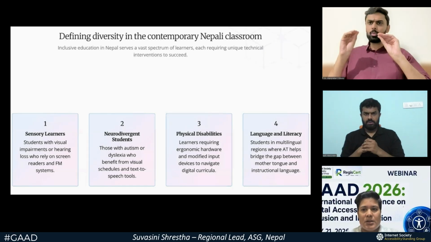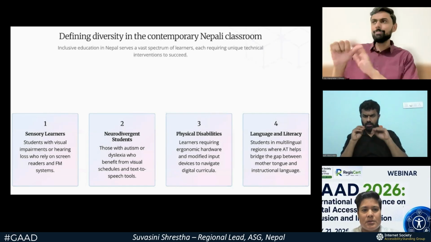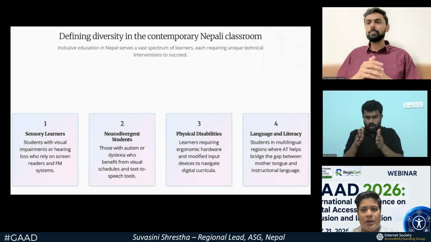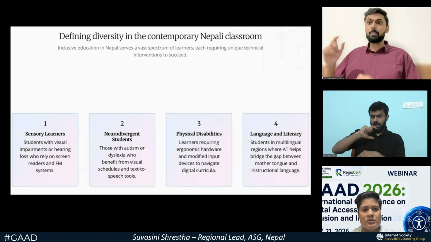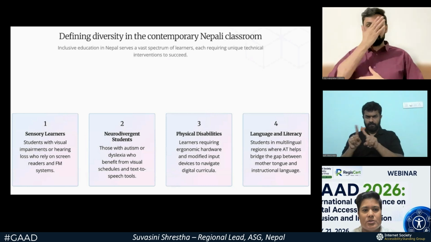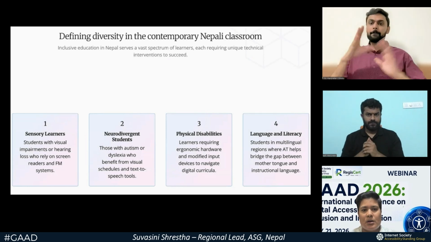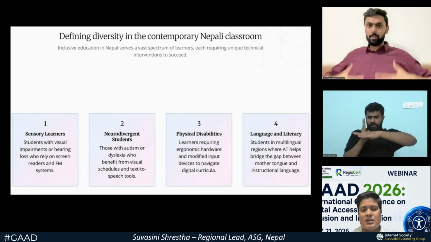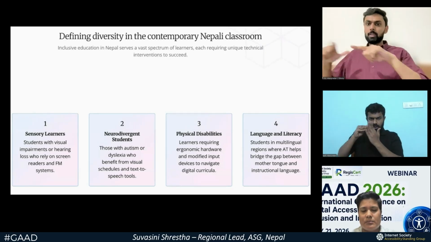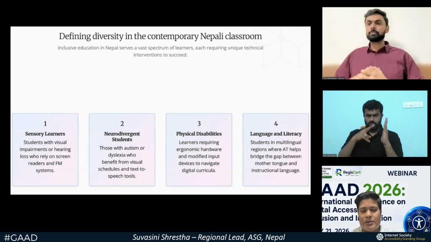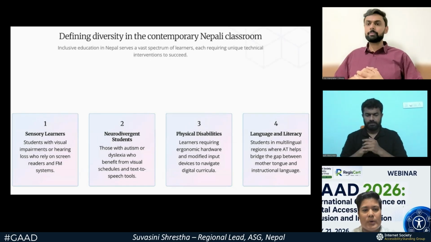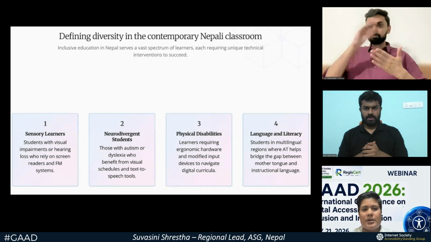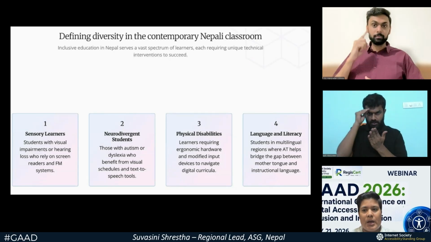There are multiple kinds of disabilities in Nepal. There are 10 types of disabilities, and they are divided into sensory learners, neurodivergent students, and physical disabilities, as well as language barrier in the disability. While talking about sensory learners, students with visual impairment or hearing impairment who rely on